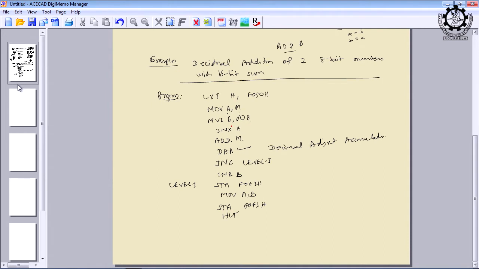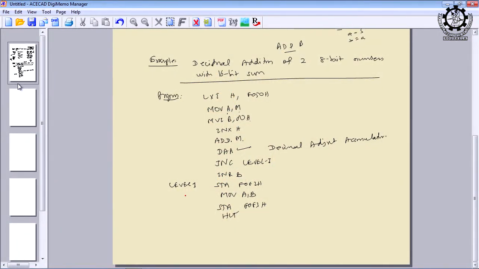So, to make it decimal, you can use the instruction DA, and it will automatically be adjusted to decimal, or in other words, a number 6 will be added to the hexadecimal data to get the decimal value. Then jump on no carry to level 1 in the same way, because we want to keep track of how many carries are generated. If the carry is generated, increment the register B, and if the carry is not generated, go and store the result accumulator value, and the next accumulator content, that is B, will contain 0, and the 0 will be stored into the memory location F0.